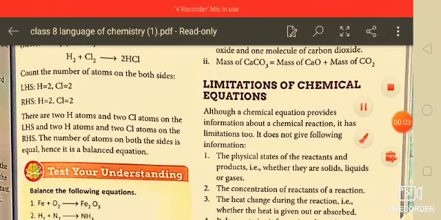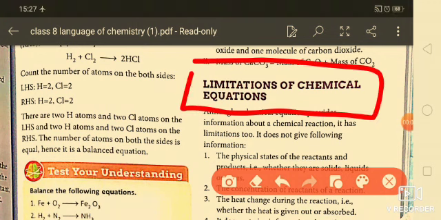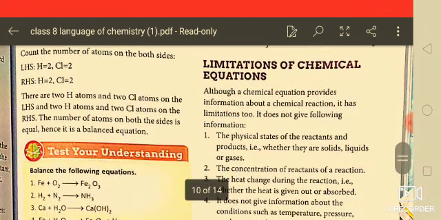Welcome to the class. Students, today we will discuss a new topic in the language of chemistry, that is limitations of chemical equations. In our previous video, we had discussed the balancing of equations, how you balance chemical equations, and today, limitations. You know that